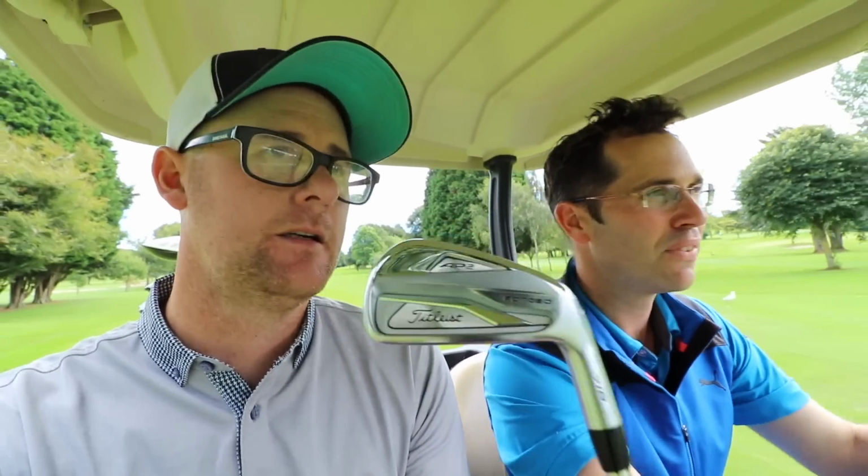When I look at that CB 4-iron, I just thought, oh, I could play this all day long. Yeah. This one here, ball above my feet, water down the left. I just bailed on it, and that was just a reaction of me as a player, you know? Yeah. So, yeah, I struggle with that offset bit. I do like the AP2, but...